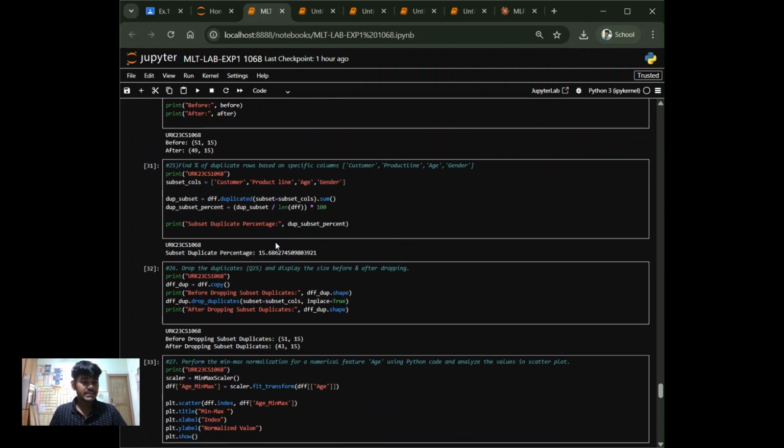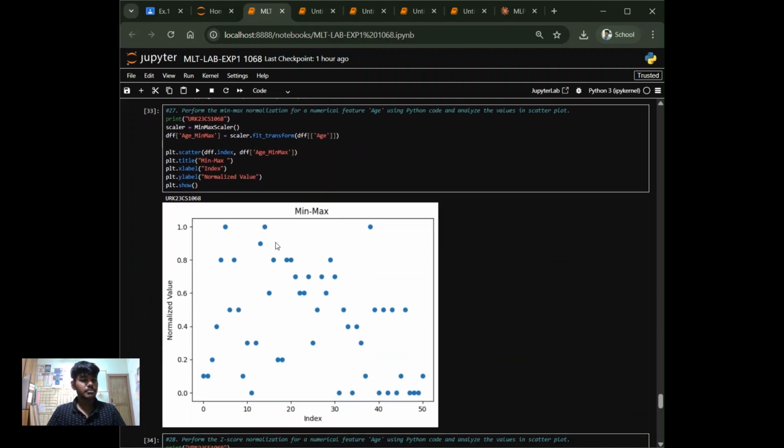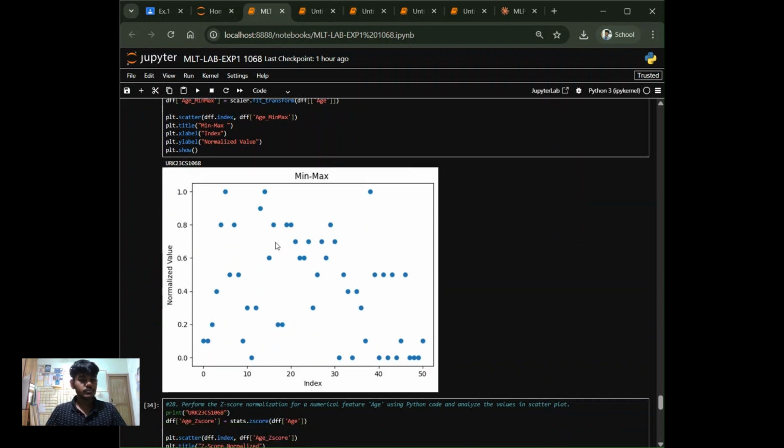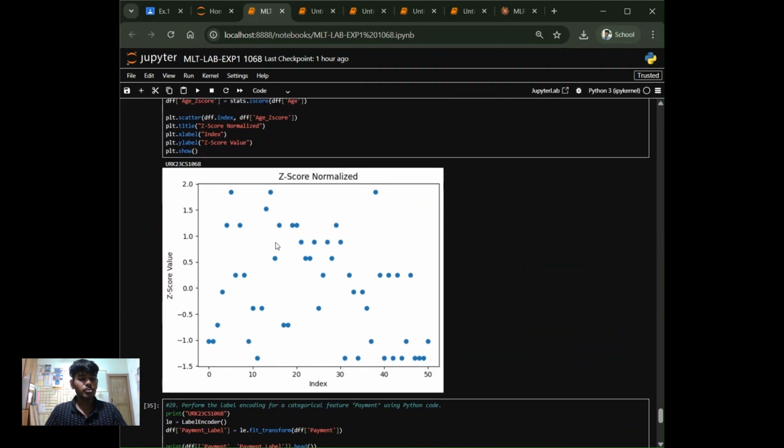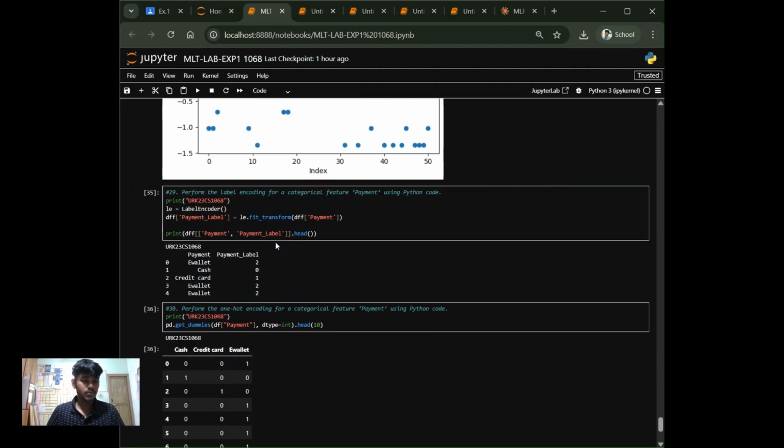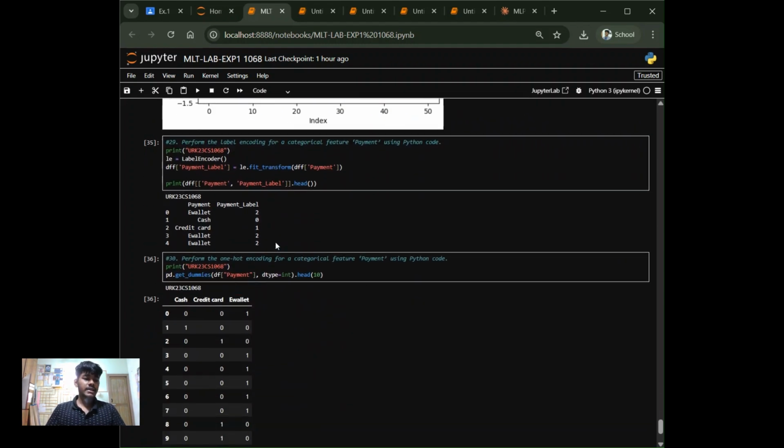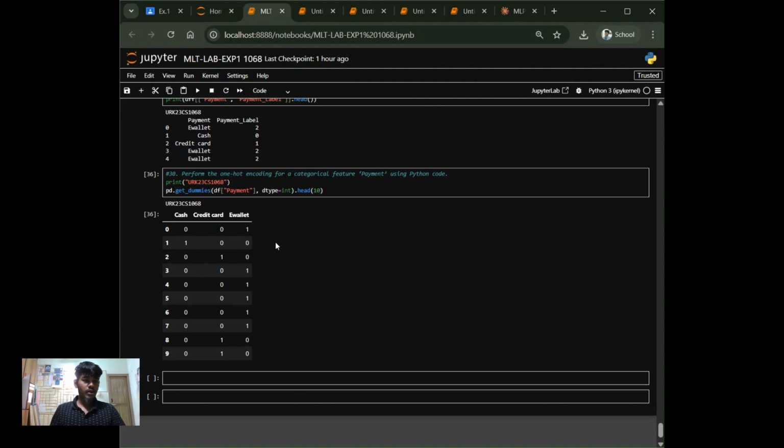And the same way, we see the subset duplicate percentage, and we perform min-max normalization and plot it using a scatter plot, and then also z-score normalization, and we label encode it. Finally, we do one-hot encoding for the feature payment. And these are the kinds of